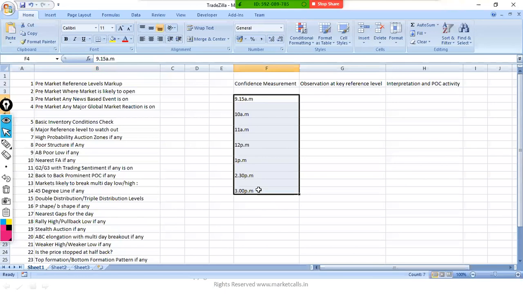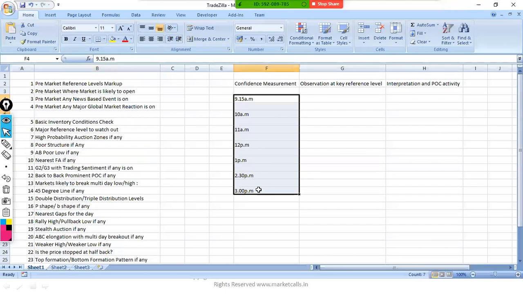Rather than me showing where the trading opportunity is, you will be able to spot the trading opportunity once you go through this round of process. Initially it looks difficult, but over a period of time, it will be a cakewalk for you, because you'll get familiarized with all these terms. Initially, the terminologies in market profile are too high, but what I request you is to take some initial